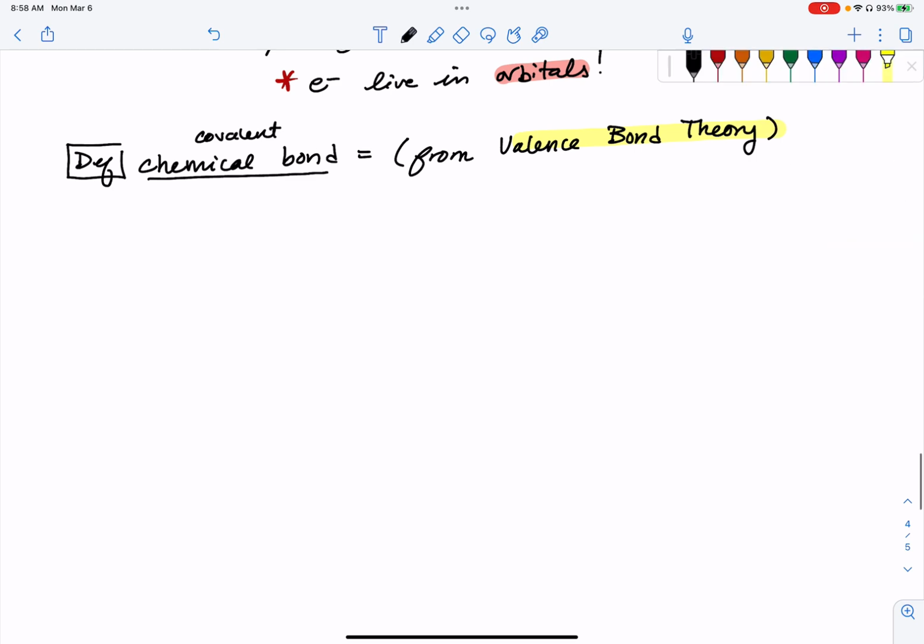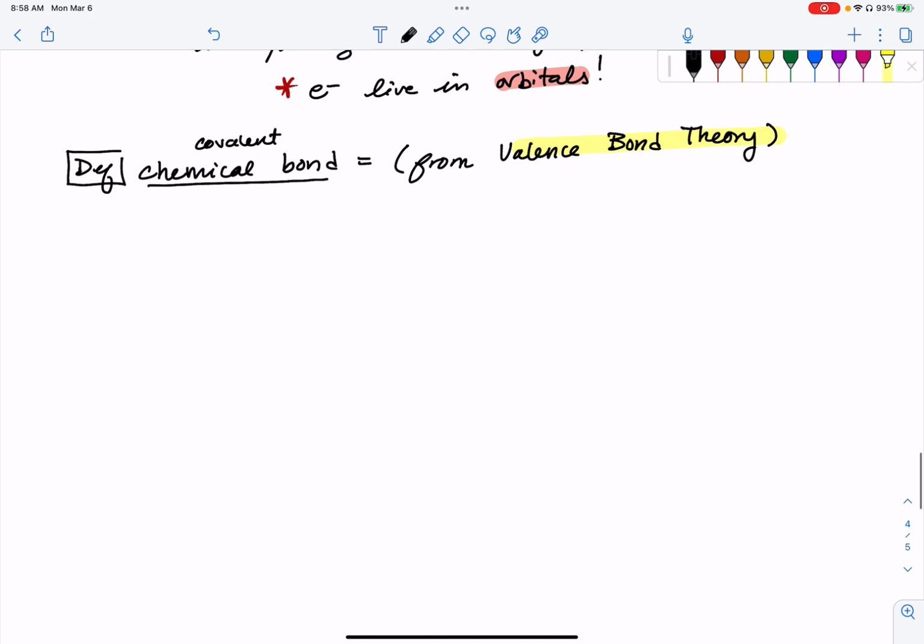What we're talking about is not necessarily electrons that are being shared, but rather some kind of overlap going on with the orbitals that contain the electrons. So in valence bond theory, a chemical bond is described as a region of orbital overlap